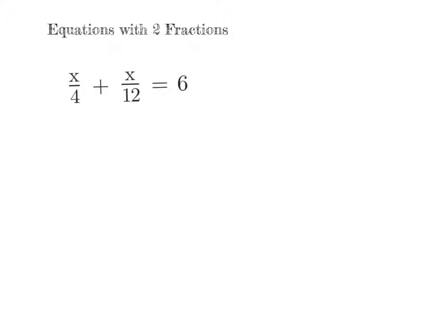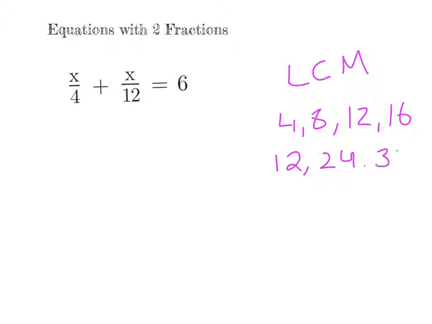Okay, so we need a number that when we multiply both these fractions, they will cancel down to not a fraction anymore. And what this is, is the lowest common multiple. So the multiples of 4 being 4, 8, 12, 16, etc. And for 12 being 12, 24, 36. We can see that they have a common multiple of 12, and there is no number smaller that will work. So we will times both sides of the equation by 12, and we will end up with